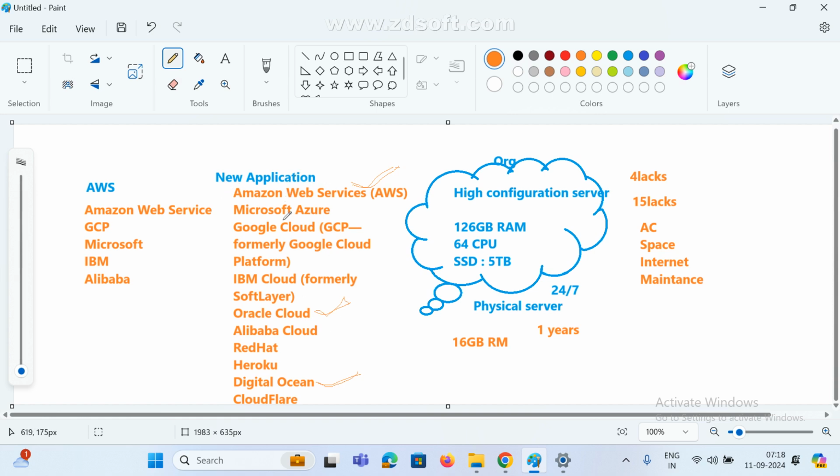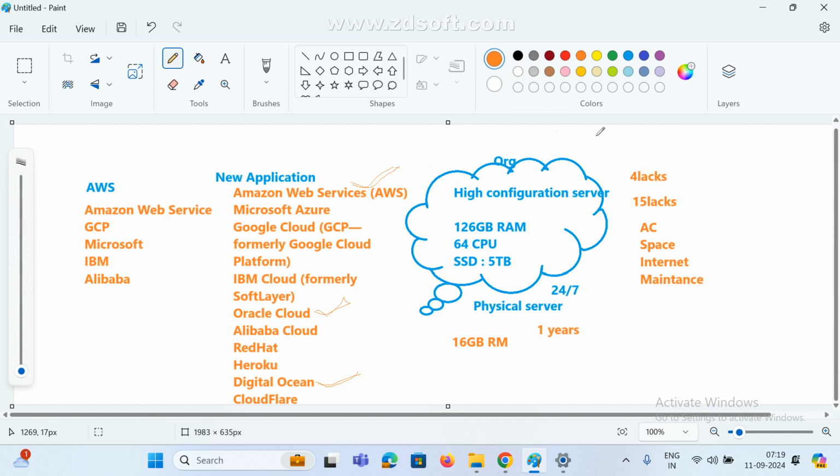There are many clouds available in the market, but no need to learn all clouds, your wish. If you want we can learn GCP, or Microsoft Azure, or Oracle cloud, or DigitalOcean, all are clouds only. But the process is the same only, and these are different companies maintaining them, and based on charge there may be some variation. AWS people give some charge, maybe Google GCP, Oracle cloud give some charge. So only the cost may be different. Remaining process and all are the same only. This is the cloud. I hope you got it, right? Why do you go for cloud?